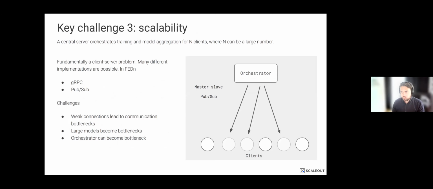And the third challenge, which is the one that I am personally really interested in in our lab, it's me and Salman Toor, who is another PI there, is that of scalability. So obviously, if you have a lot of clients or if the models are large, so that the updates you're sending are large, this simple picture that you see here is limited in that the orchestrator will become a central bottleneck in the system. So that is something that we have worked a lot to try to eliminate in different ways. So we'll talk more about that.